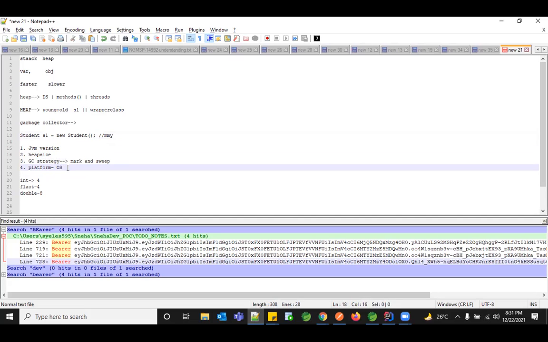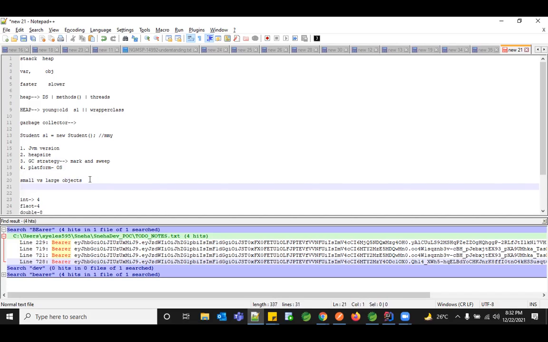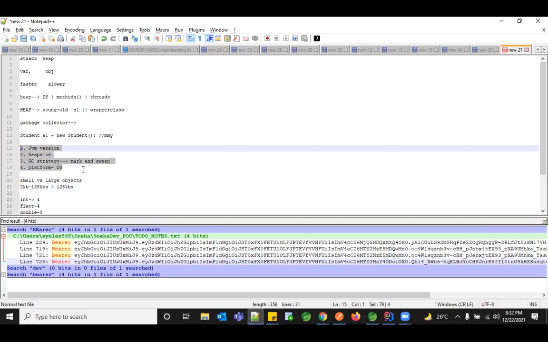So for example, there are two sections. Your objects can be classified as small versus large objects. How do I know small versus large objects? All the small objects will be in the range of 2 kilobytes to 128 kilobytes. Anything greater than or beyond that will fall into the large object sectors. This size is calculated based on these factors, and it varies depending on whether you are using Oracle JVM or OpenJDK JVM; it varies for each type of JVM.